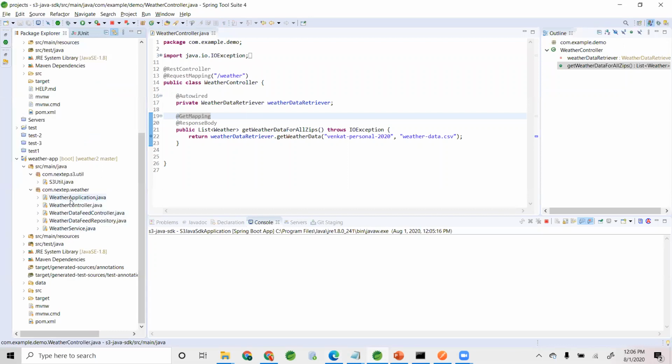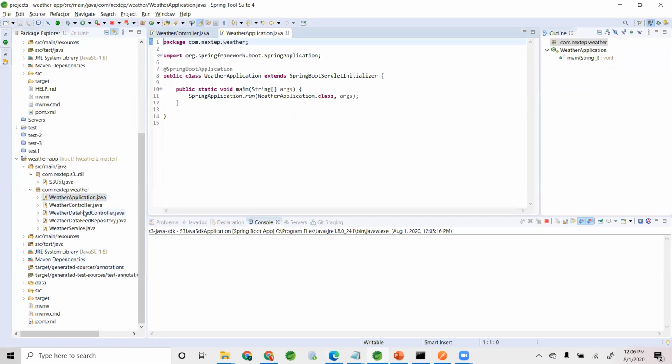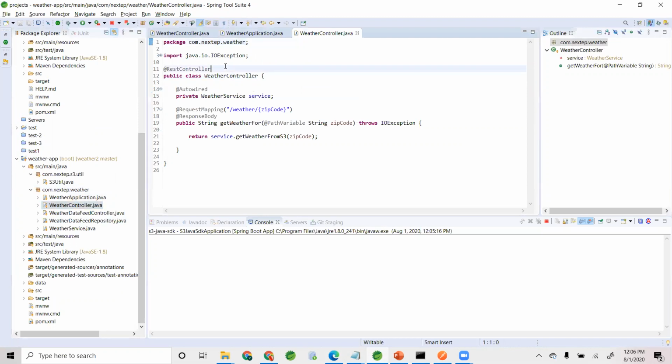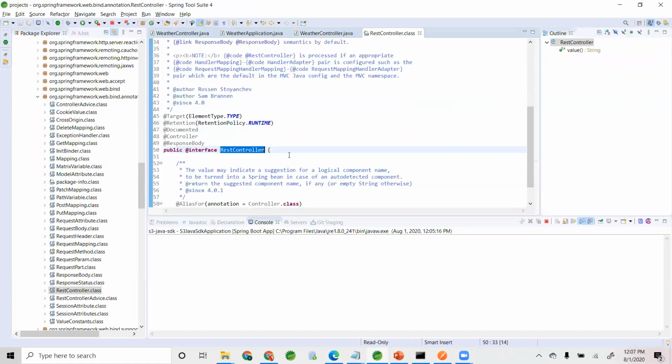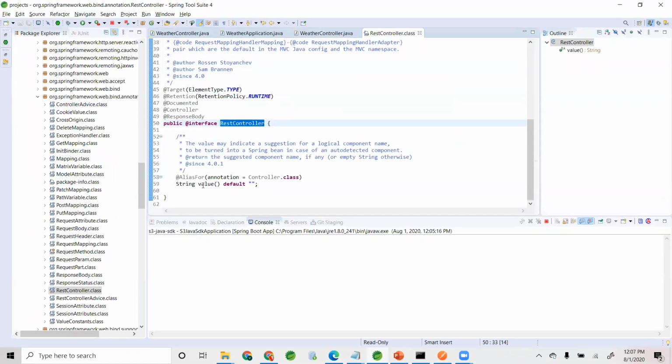In fact, we looked at this application also. I looked at the weather application. I thought something to do with the Spring Boot servlet initializer, but what's wrong here? Oh, serious? I put wrong there. Actually, what's this annotation? Just curious. What's the value here? Oh, it's an alias for Spring value. The value may indicate a suggestion for a logical component name.